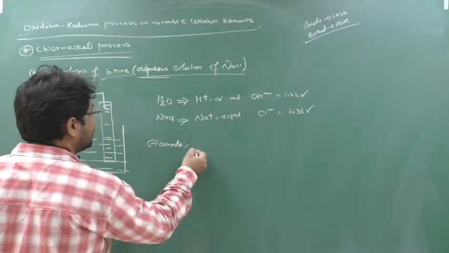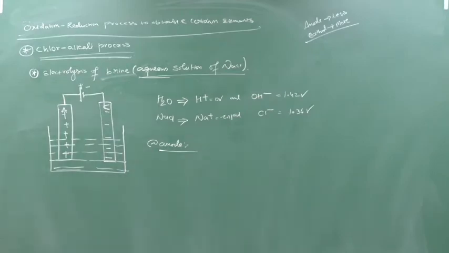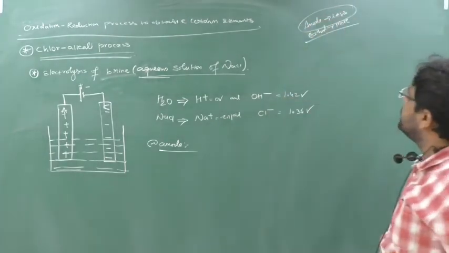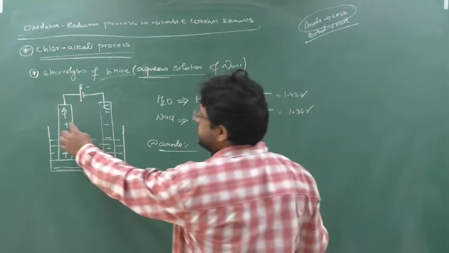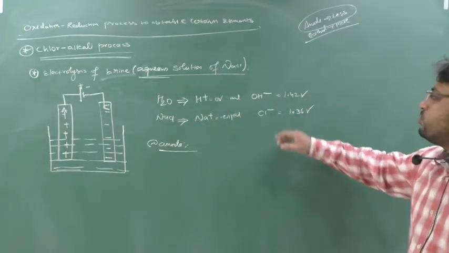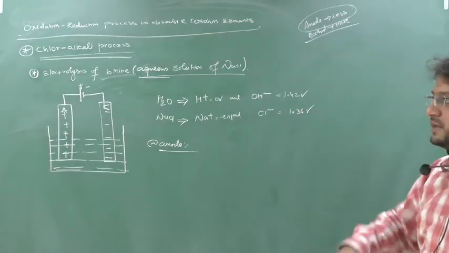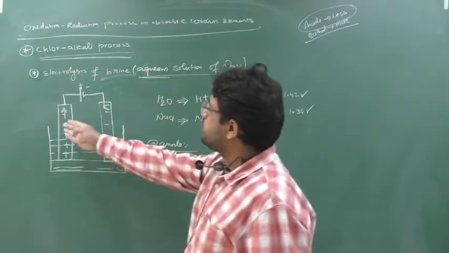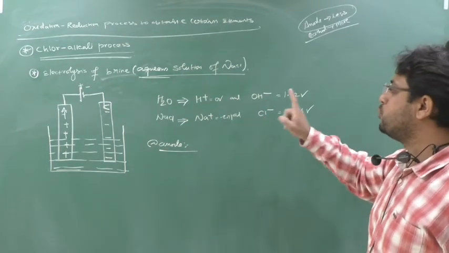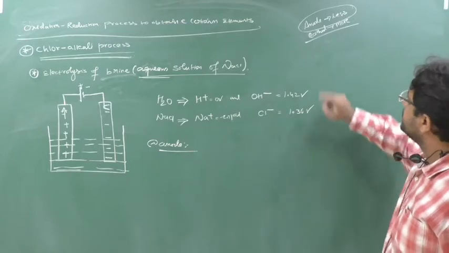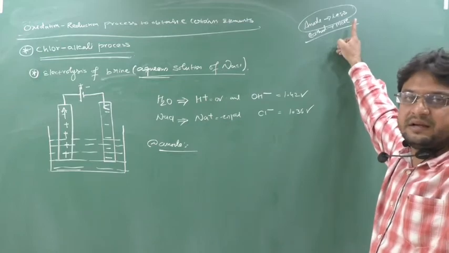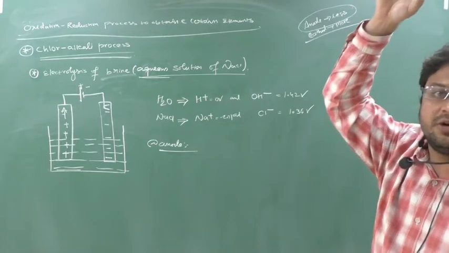So first we will see at the anode. Now see beta, at the anode who will come? At the anode, the less value will win the case. Now this is the anode, means this is plus. So plus will attract minus, and here we have two minus ions: one is OH minus, another one is Cl minus. So these will be attracted towards the anode. Now will OH minus go to the anode or Cl minus? Who will decide? This value will decide. As I told you in electrochemistry, one trick: anode less, cathode more. So the one having the lesser value will act as the anode.